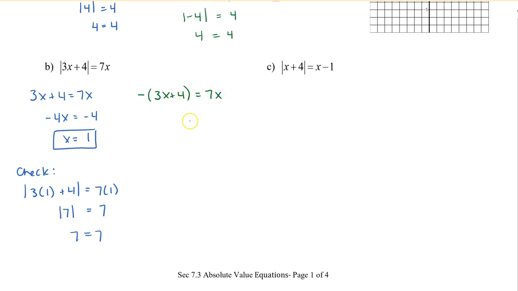In this case, instead of dividing the negative, let's multiply it out on the left side. So I get negative 3x minus 4 equals 7x. So negative 10x equals positive 4, and x equals negative 4/10, or negative 2/5. So let's check again. So plugging in negative 2/5,